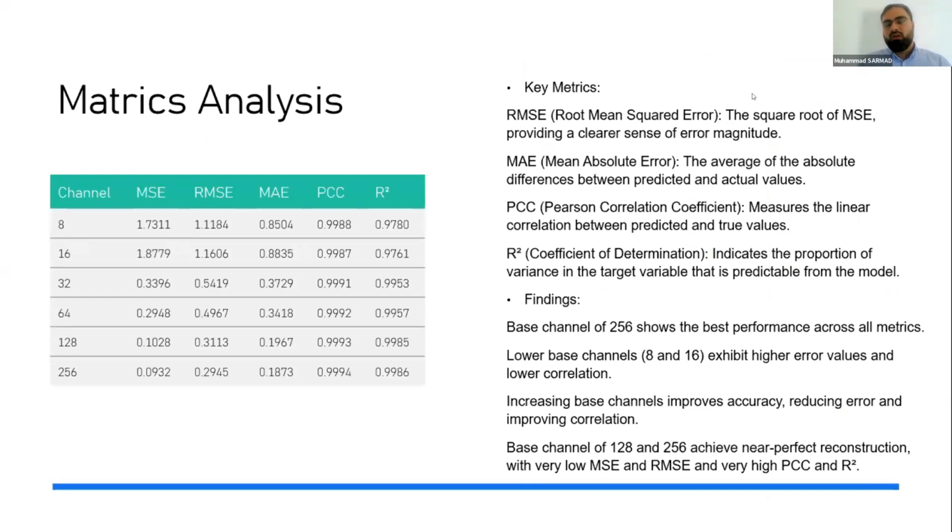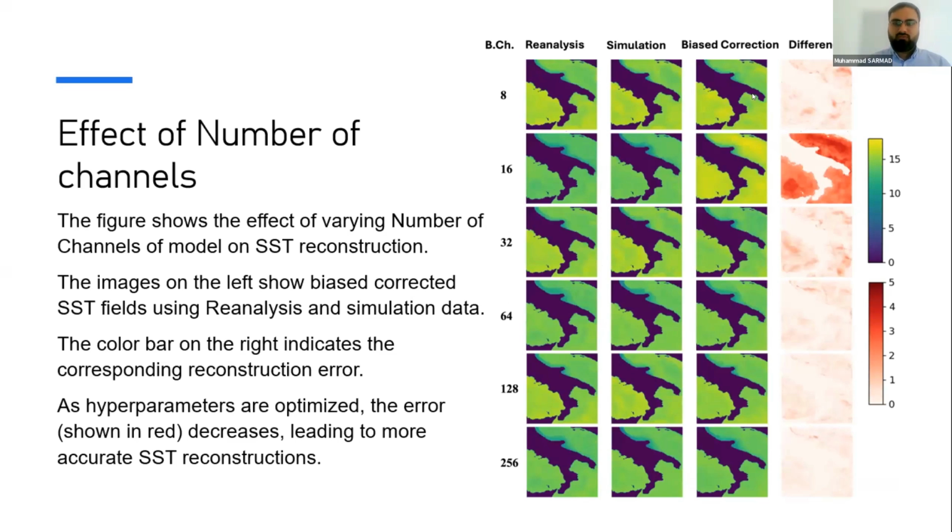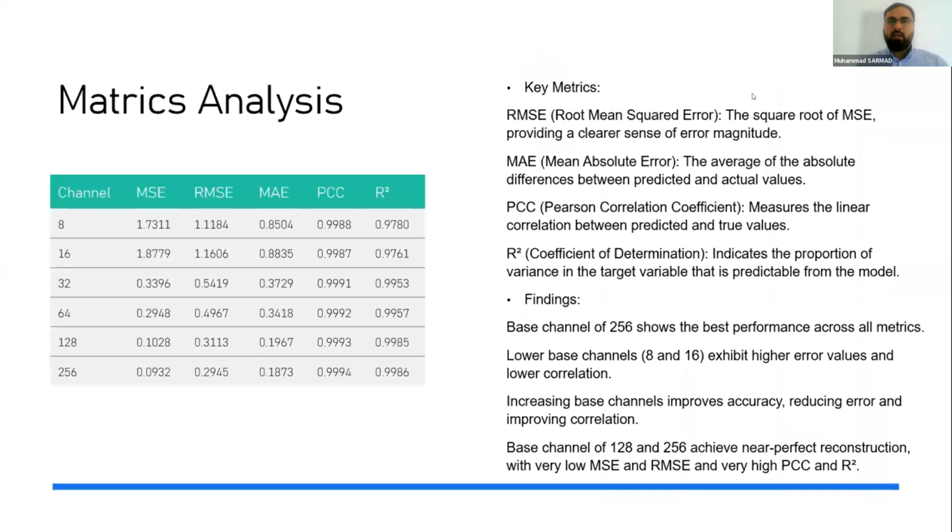So to see our results in metrics, we compute different metrics to see mathematically how these perform. Because if we look at the previous one in real time, someone who is not that aware of the problem may not verify the exact difference when we go from 64, 128 and 256, because the difference is very minor. But with the calculation, we find out that the base channel of 256 shows the best performance across all